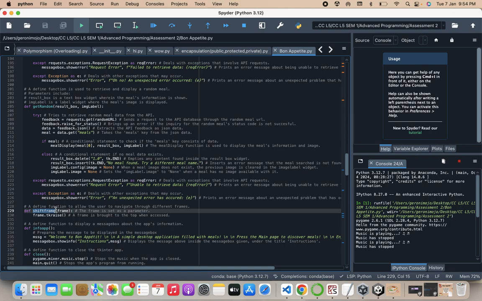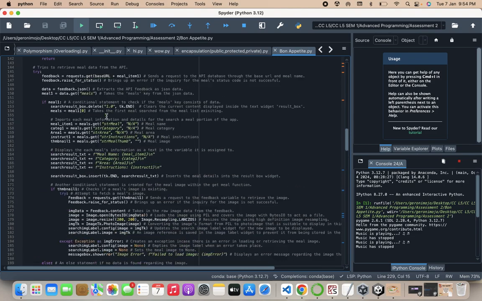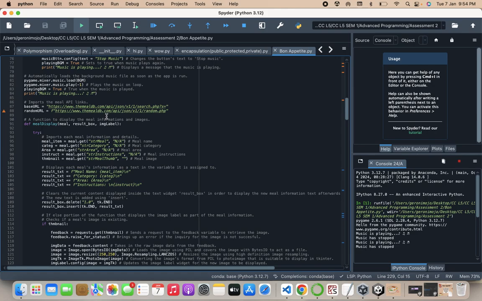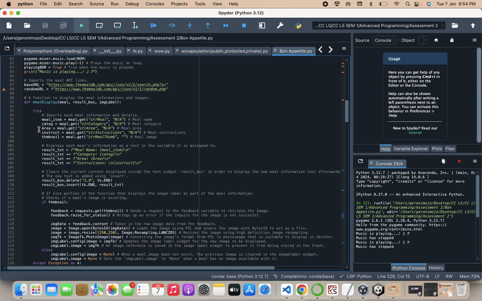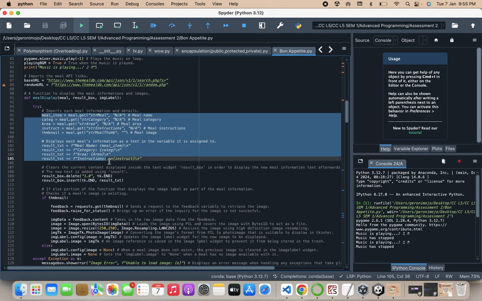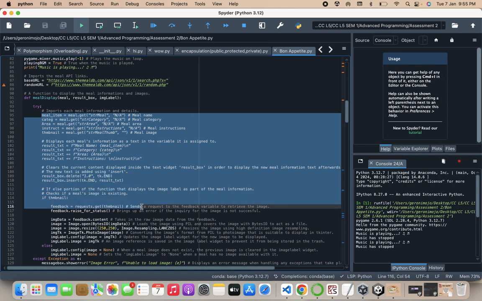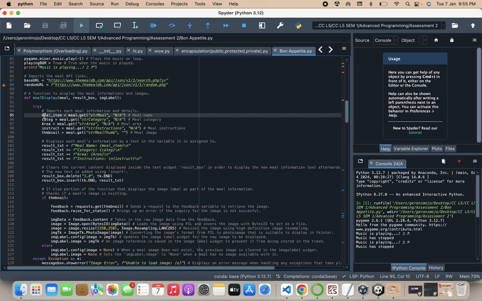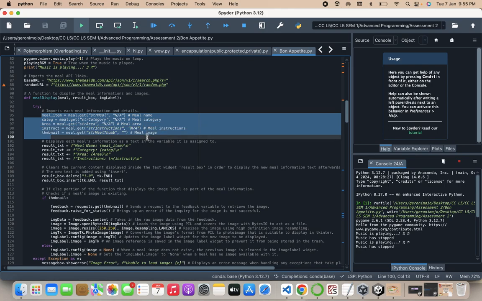So that is why. Then the app's program includes main functional features such as a meal display over here, found here. The meal display is used to display every meal data. So as you can see here, the meal item, category, area, instruction, and image is imported from the API URL